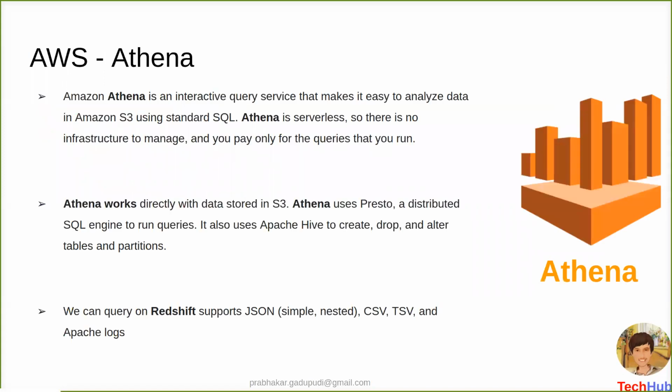First of all, let's check what Athena is. Amazon Athena is an interactive query service that makes it easy to analyze the data in Amazon S3 using standard SQL. Athena is serverless, so there is no infrastructure to manage, and you pay only for the queries that you run.